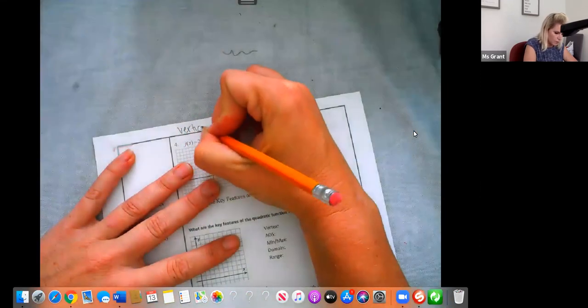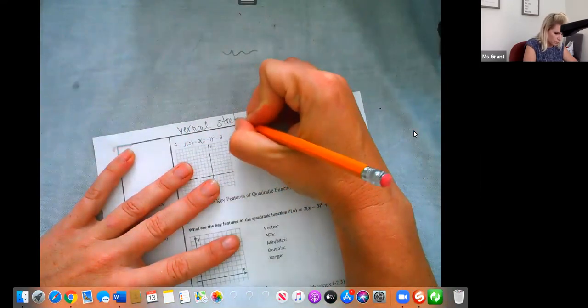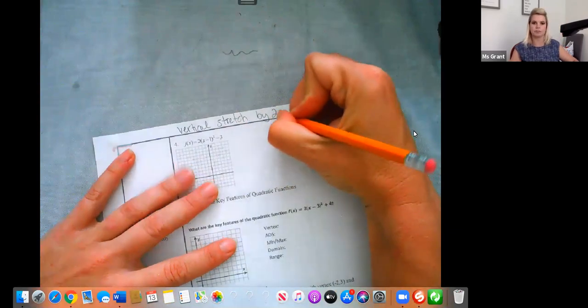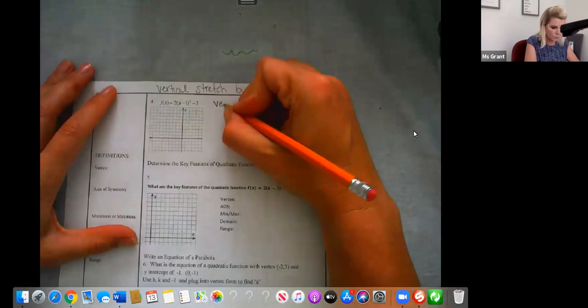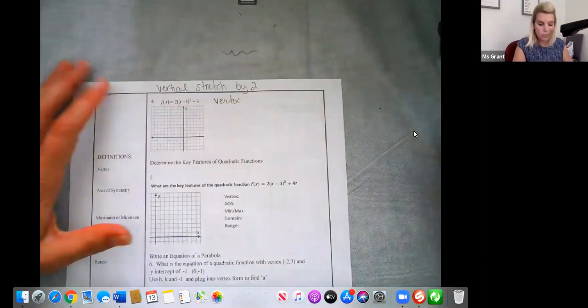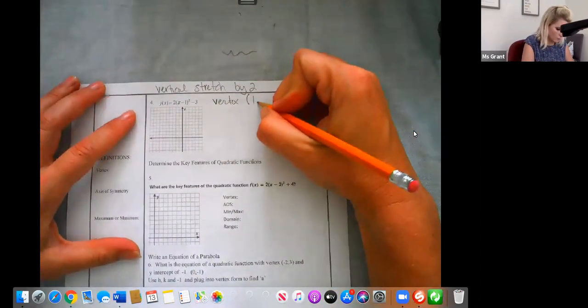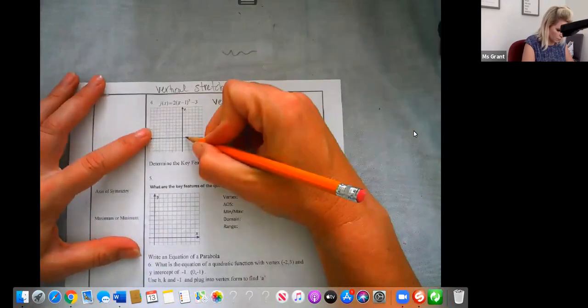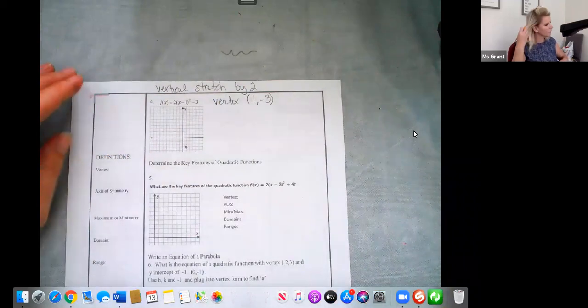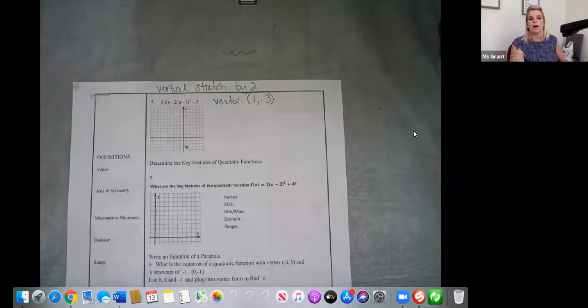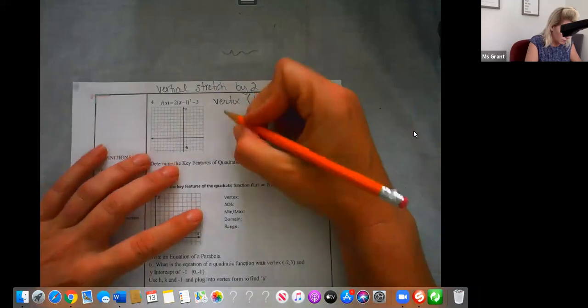Vertical stretch by 2. My vertex, I hope you know it. +1, -3. There it is. My parent function,